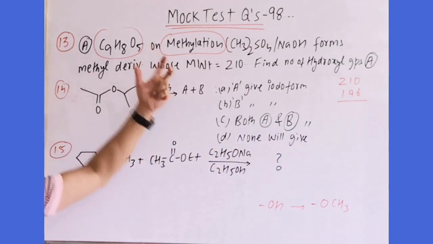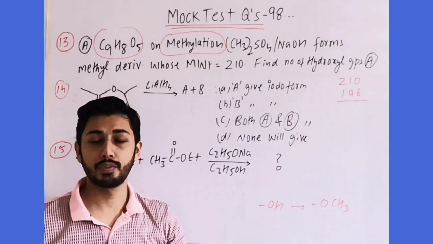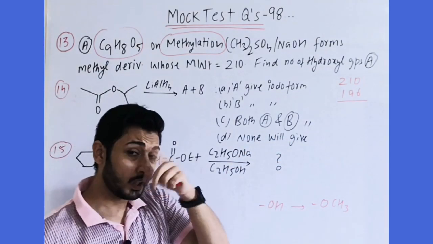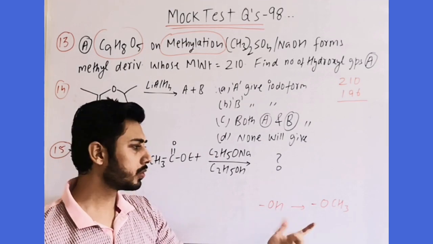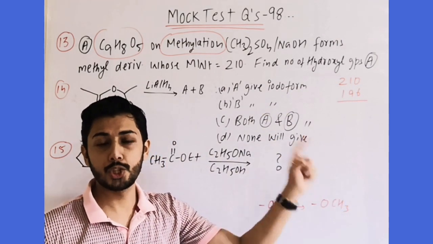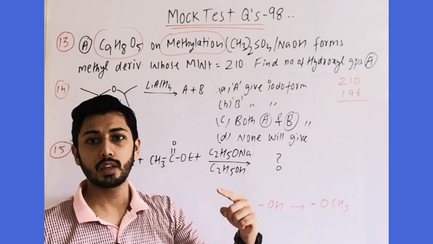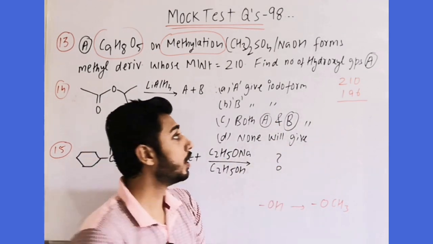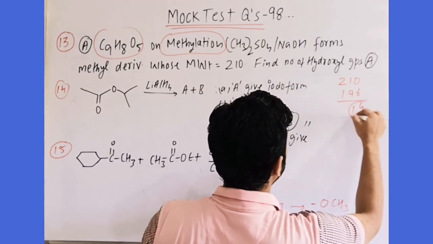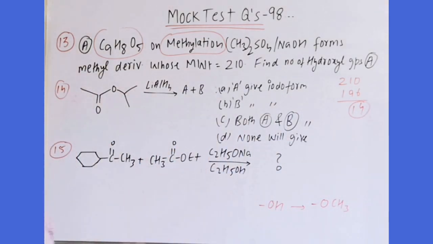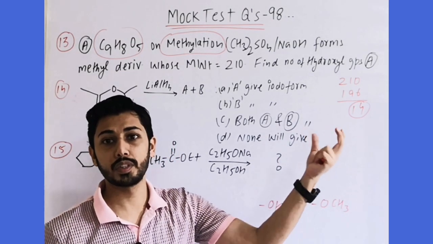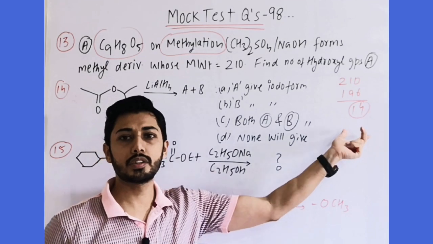Here 5 oxygens are there. We do not know how many are phenolic OH; maybe ester groups are there or alcoholic groups are there, we do not know about that. So simply we use the total mass of the final product after methylation, which is 210, and the initial compound has mass 196. When you do the subtraction you will get a difference of 14. Okay? That means the methylation is done and a CH3 group is adding, and only this is the difference coming in